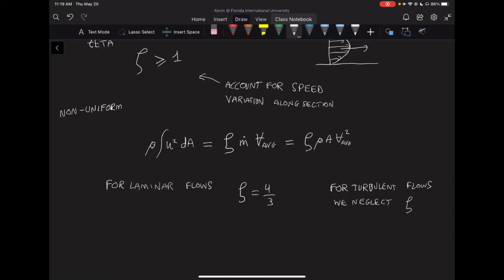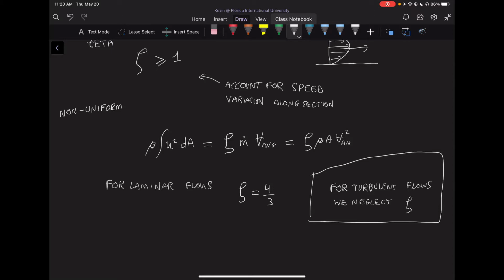Now, if you do want to use it, so that you make sure that you get the right answer and you have time to do a problem, you could use it, but in this class, we're going to neglect it. So for turbulent flows, we can neglect this zeta. Now for laminar flows, if we're told we have a non-uniform flow, we should use a zeta of 4/3 to correct our equation. So if you're told in a question that your flow is laminar and that you do not have a 1D inlet or outlet, you should use that zeta correction factor